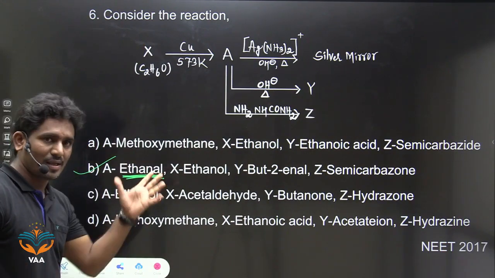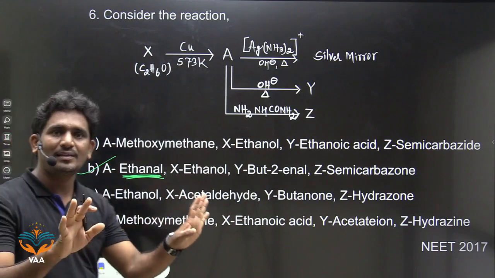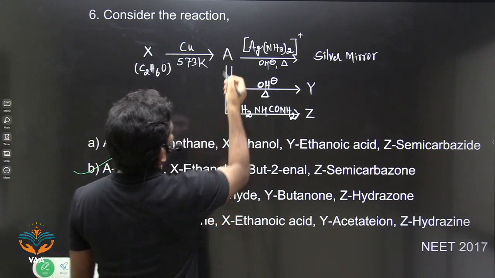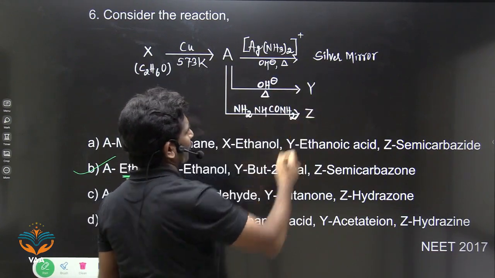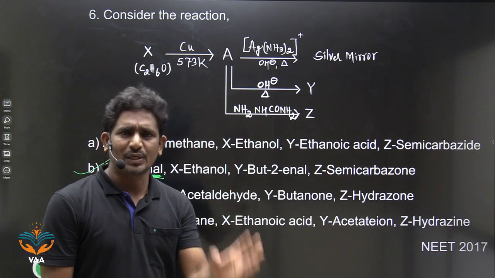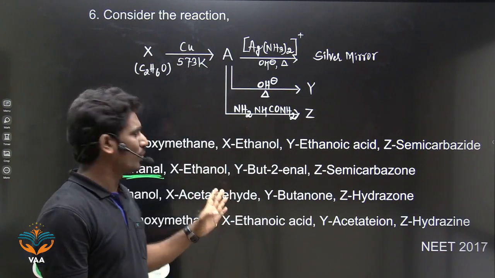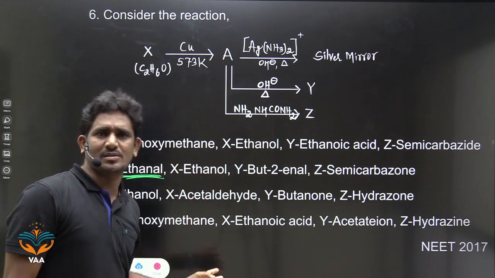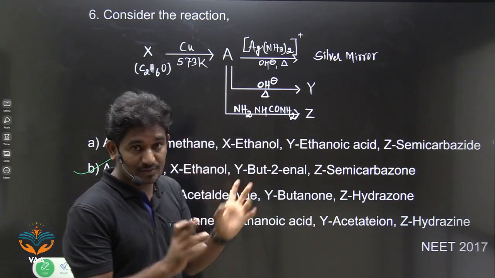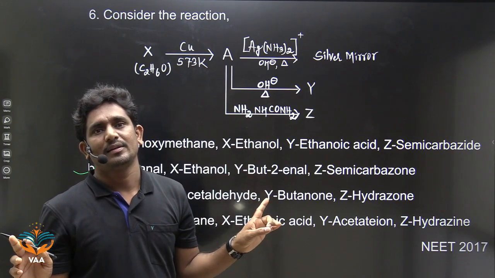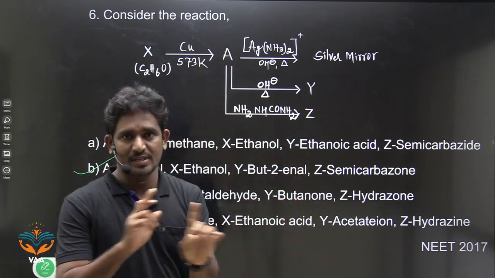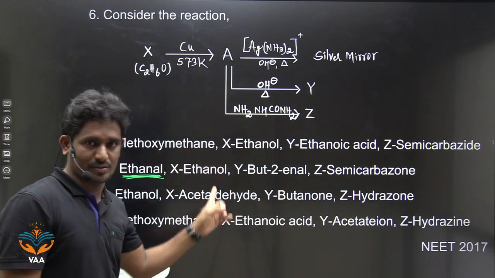It is ethanol. Methoxymethane, A and B are not. So look, there are a number of reactions given: reaction 1, reaction 2, reaction 3, reaction 4. It is not necessary to solve all these reactions. Do smart work in some cases. Take the help of these options. In the NEET exam, you should not consume so much time. Don't waste your time by writing all the products. Take the help of options.